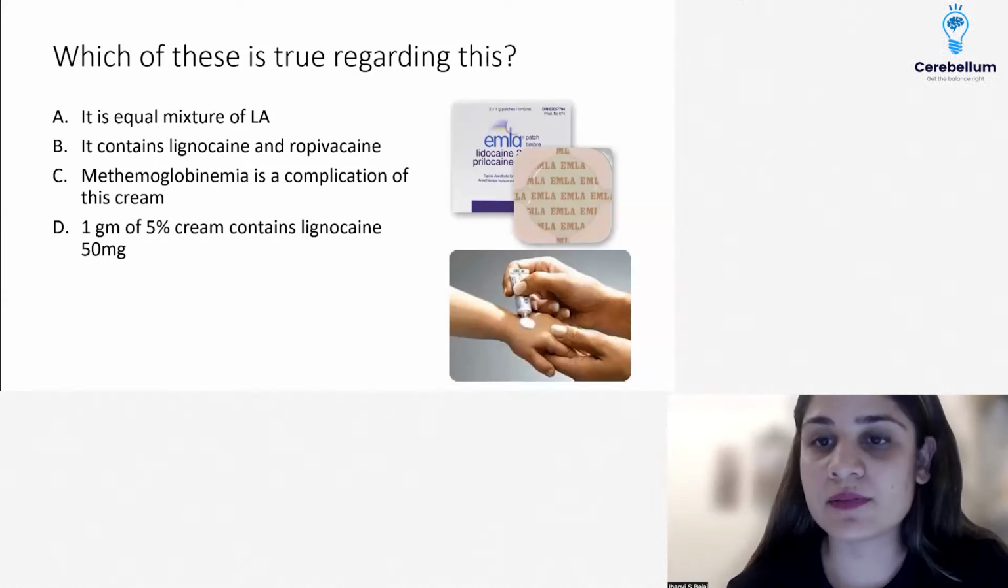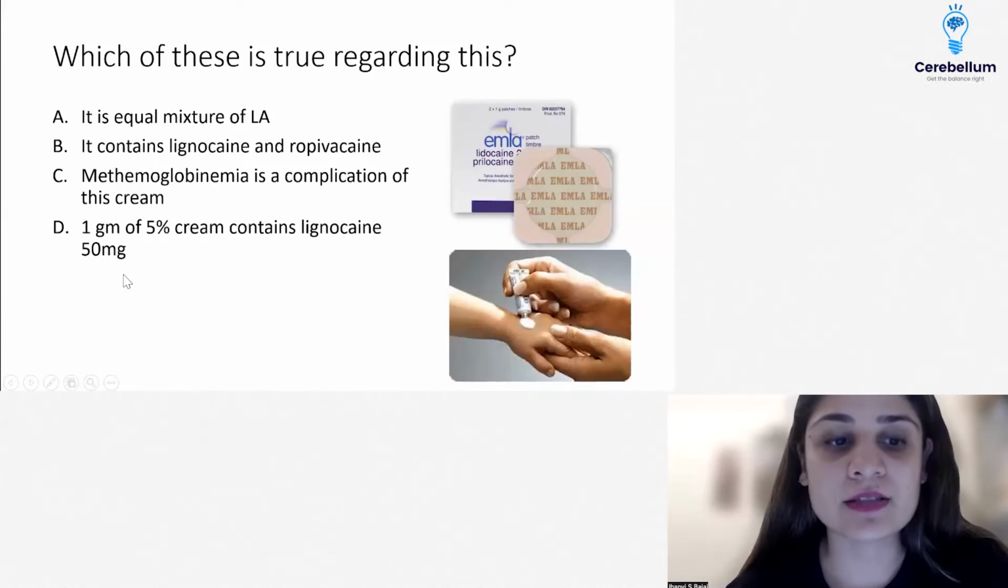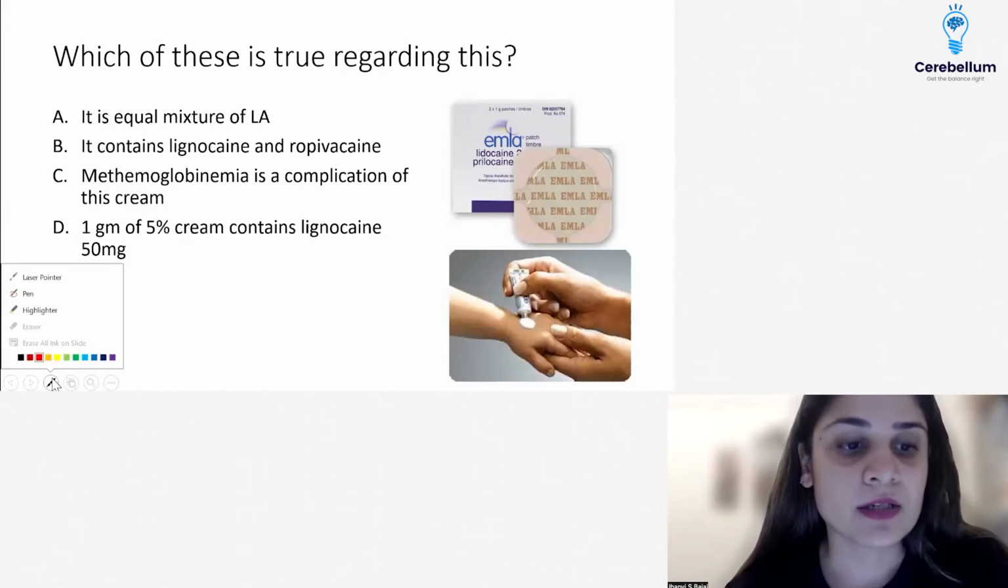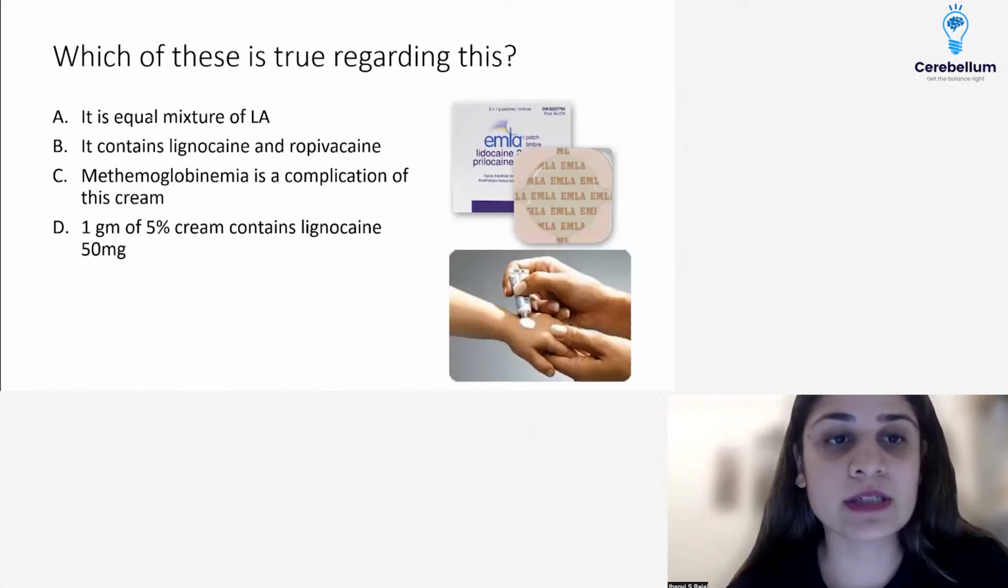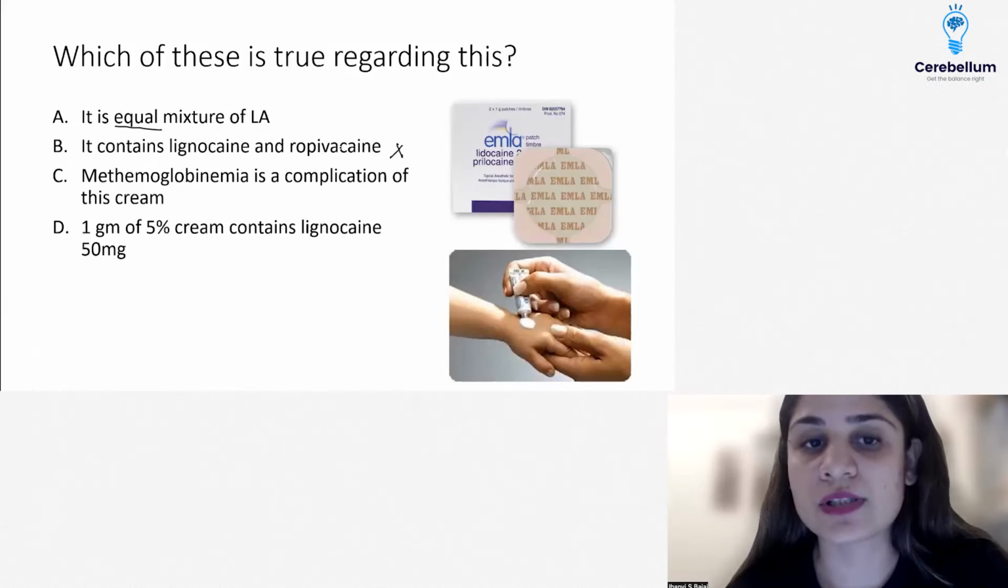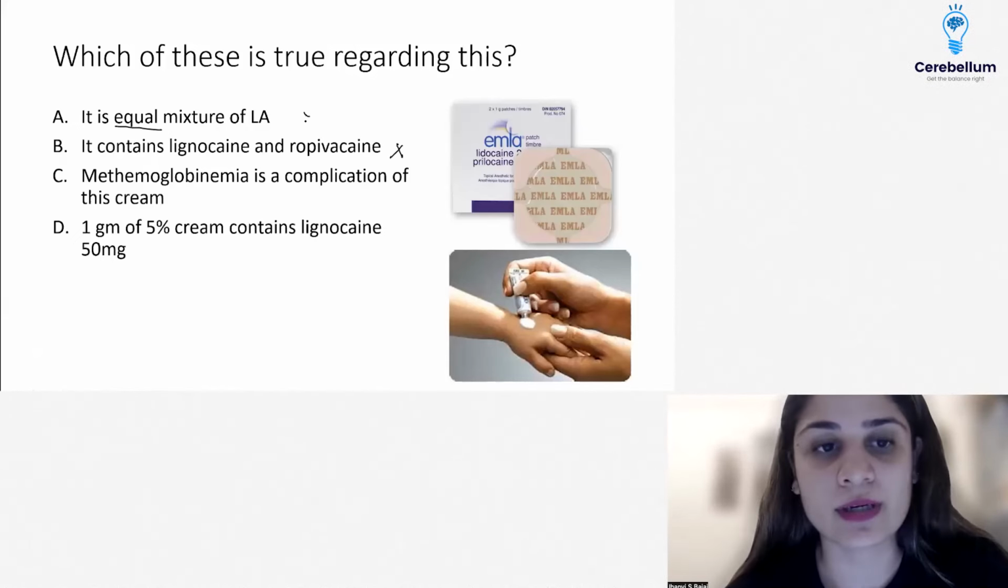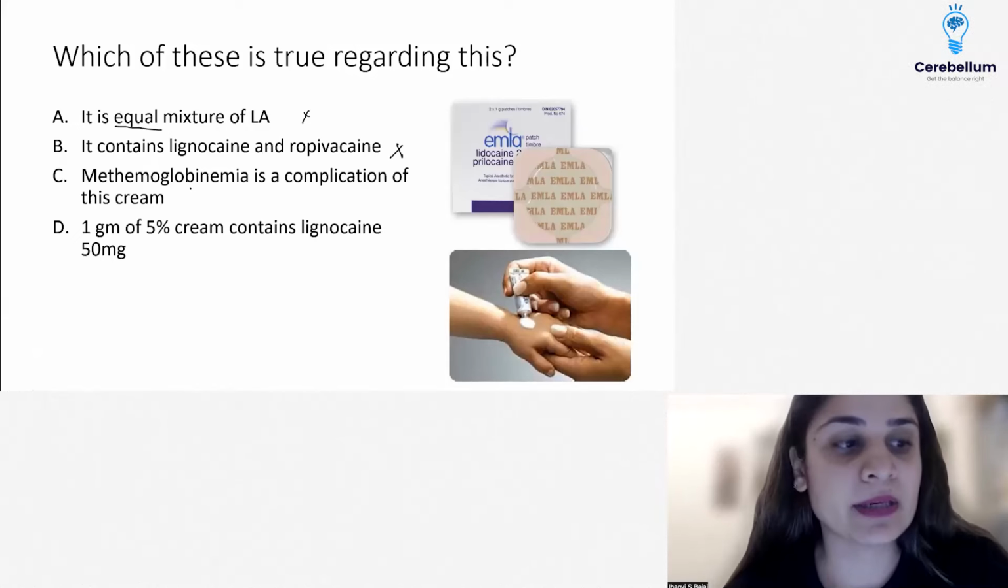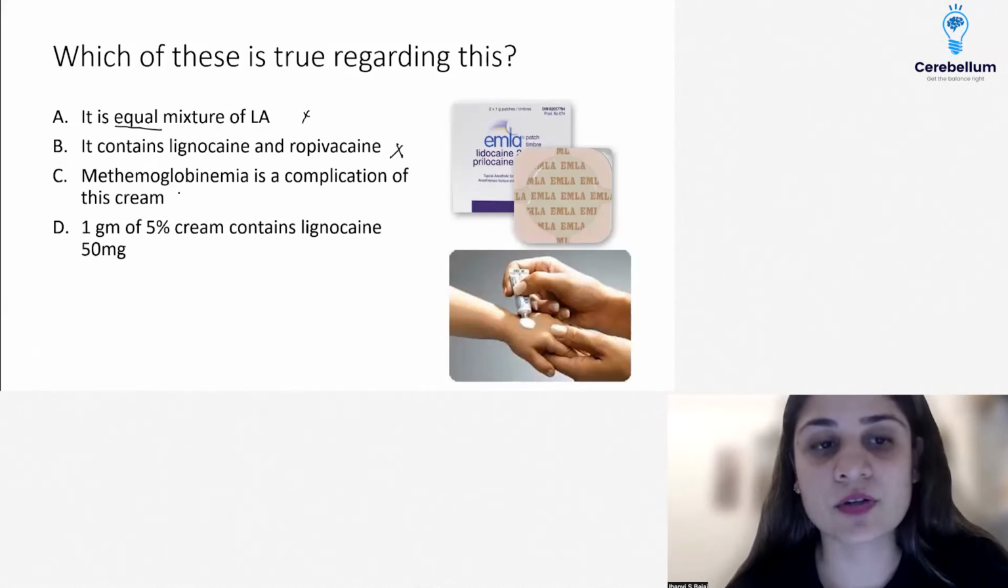The picture was given of EMLA cream, and they had asked which is true regarding EMLA. So here, the first option, it is not equal mixture of local anesthetic. It is eutectic mixture. Second one was it contains lignocaine and ropivacaine. So this was also false because it contains lignocaine and prilocaine. Third one, methemoglobinemia is a complication of this cream. That's absolutely correct because